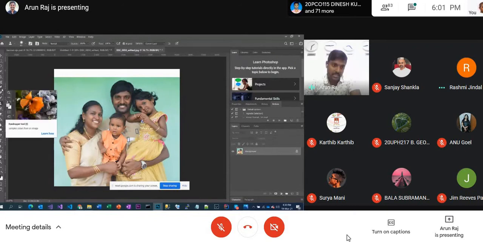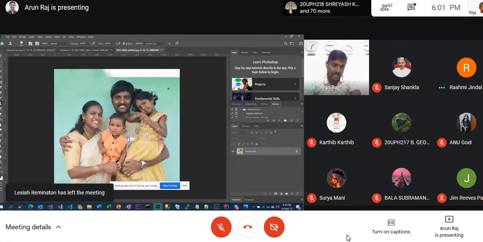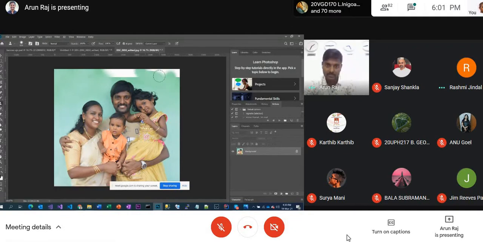That's why I intentionally put it there, for you guys to understand the stamp tool. I am cloning it out. It's not required that you clone it very cleanly, but even when you get it halfway, it makes sense.